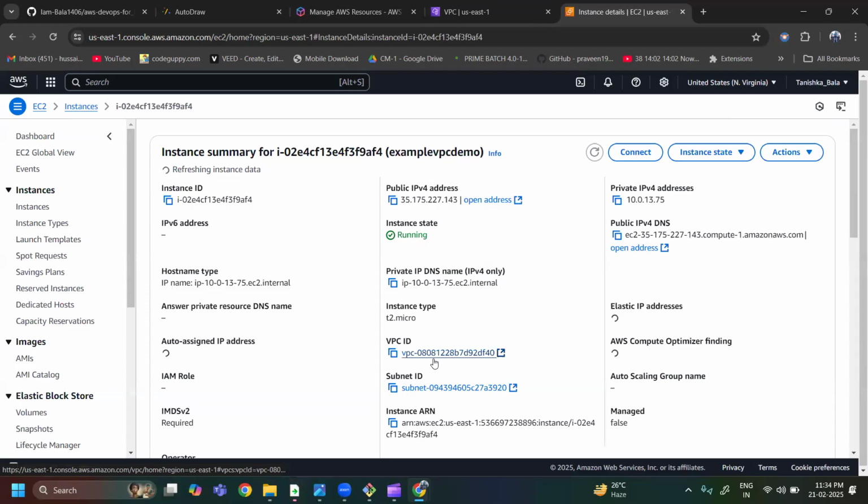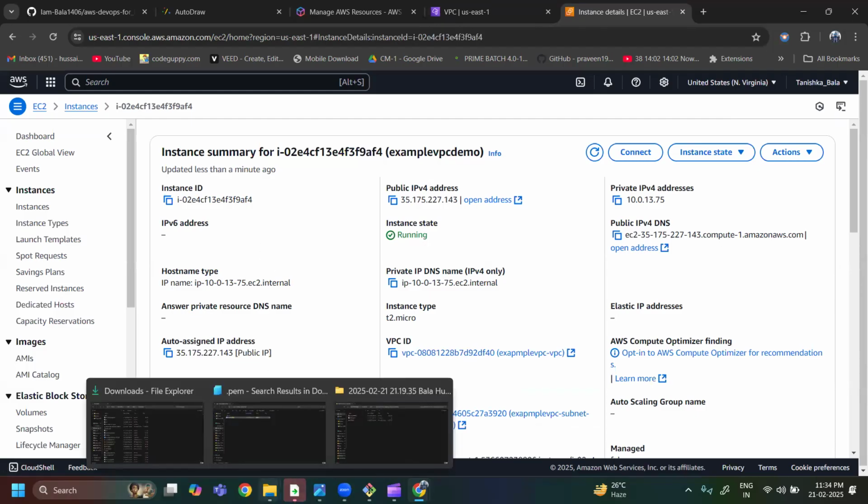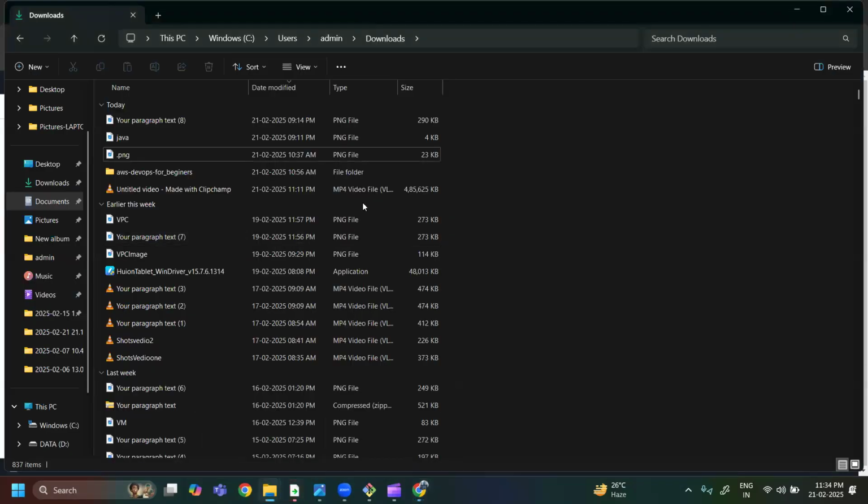Okay, so this is my VPC here. So now I will connect with my EC2 instance. Let me, one second, download. Do I have the key pair or not? I need to check once. If I have the key pair, then